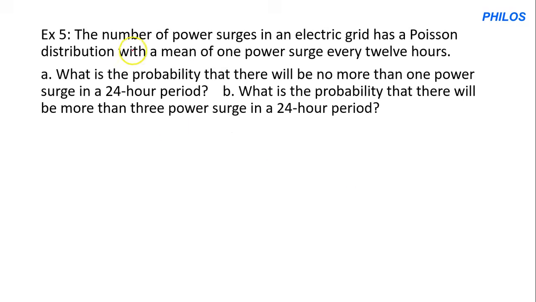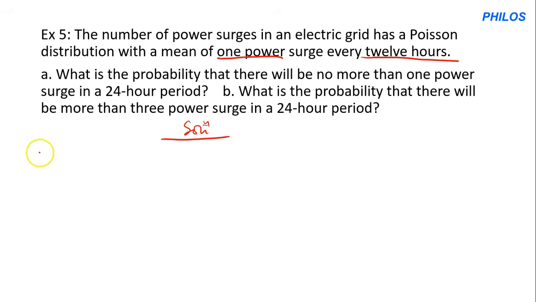Question 5 says, the number of power surges in an electric grid has a Poisson distribution with a mean of 1 power surge every 12 hours. Mean of 1 power surge every 12 hours. Okay. And question A says, what is the probability that there will be no more than 1 power surge in a 24-hour period? Now, to solve this,